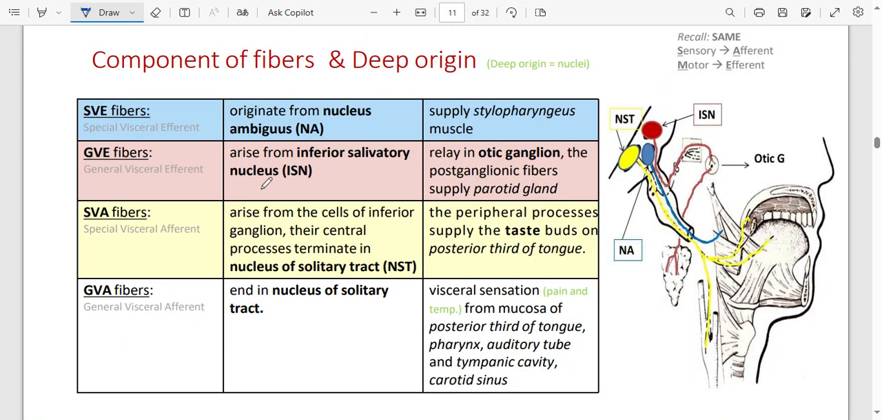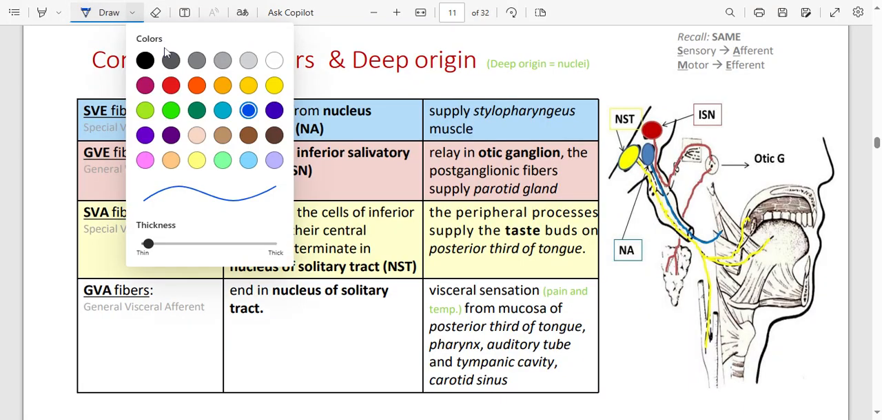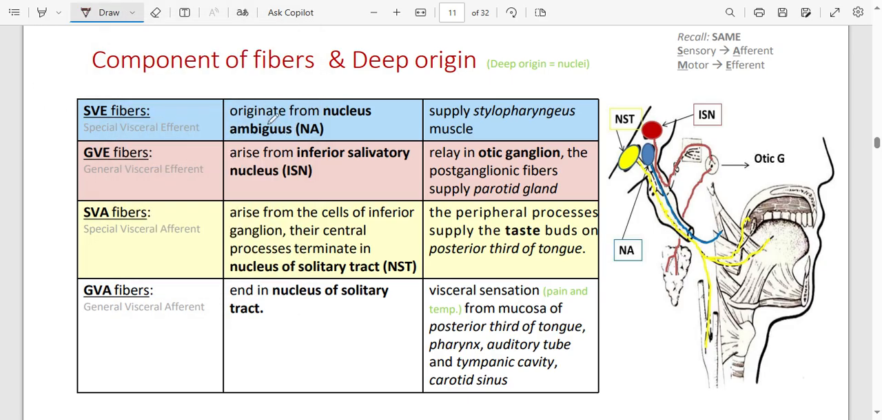So what are the nuclei where this cranial nerve exits from? Remember we said that it has got no nucleus of its own, but there is the nucleus ambiguus. This one will give you the special visceral efferent. So the part that supplies some muscles in the neck, like the stylopharyngeus. So just take note of the nucleus ambiguus, and then the inferior